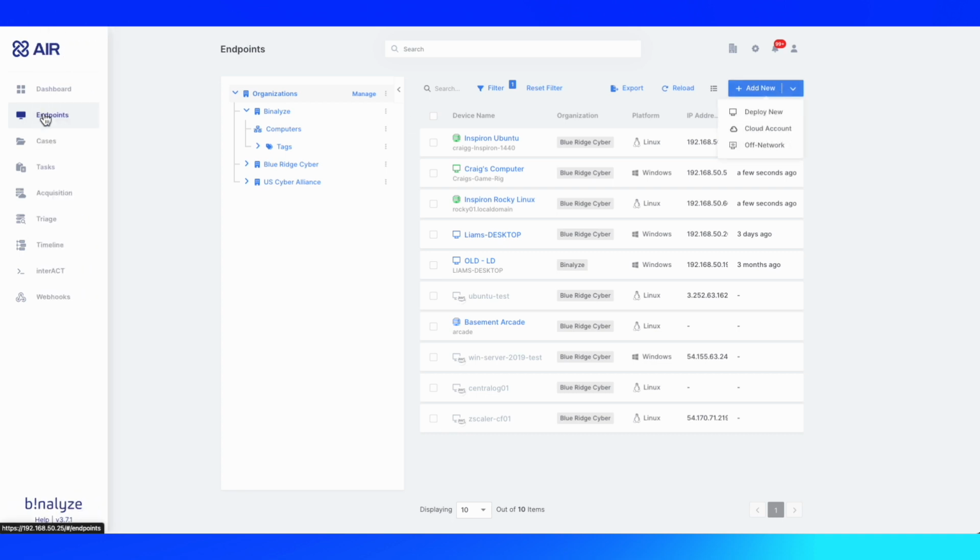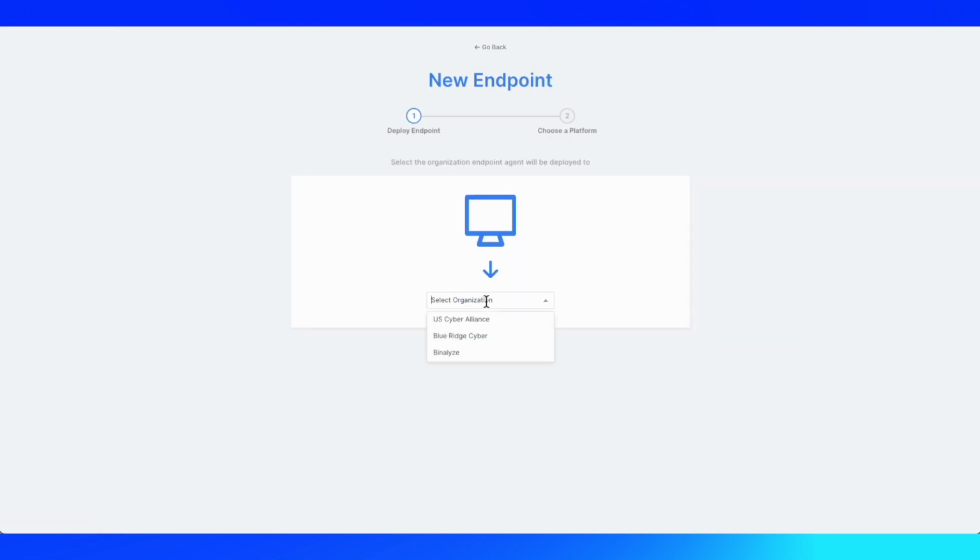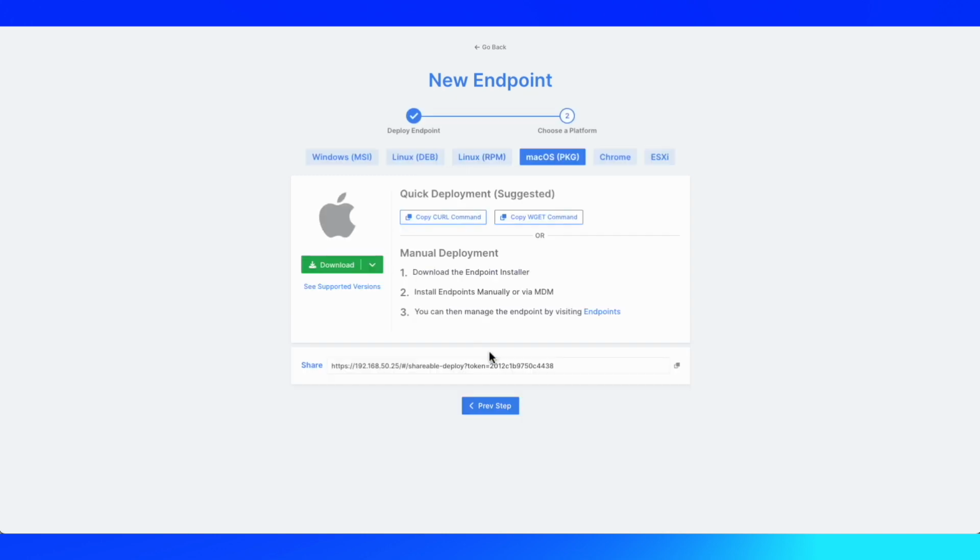After clicking on the endpoints section of the Air console, you'll click the drop down for Add New, and because we're going to focus on traditional endpoints, we're going to focus on Deploy New. You'll select your organization, which in this case is Blue Ridge Cyber. Click Next Step. And because I'm already on the macOS package, I can go ahead and just copy my curl